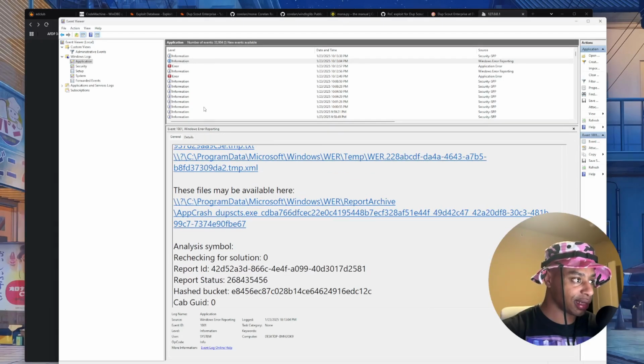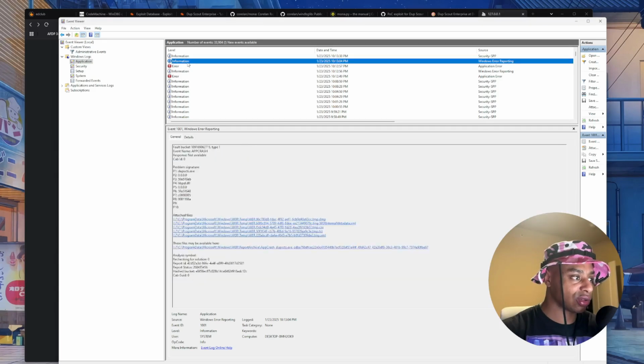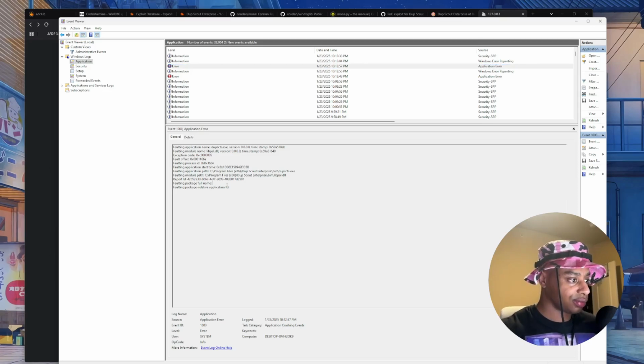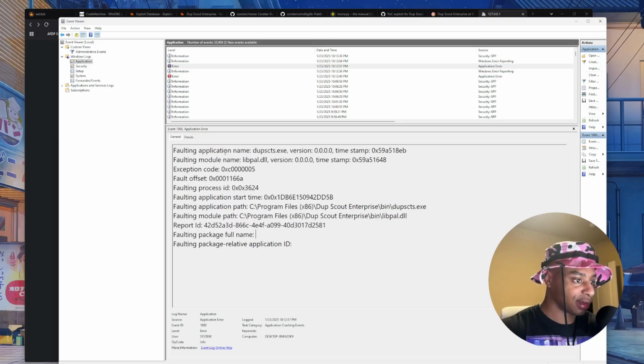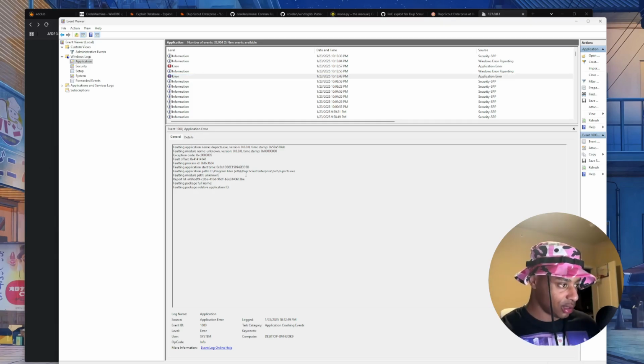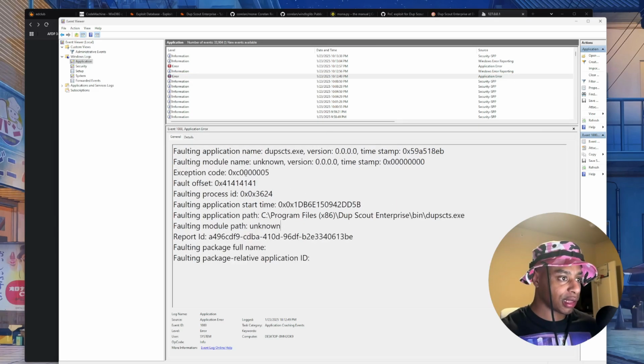Let's keep looking. So this is an information log. Let's click here on this error log. Okay, so this is the same process that we crashed. Fault offset, not sure what this value is. I guess let's just keep looking through some of these. Information, error. Oh, here we go. So when we click on this one,